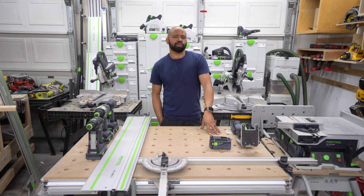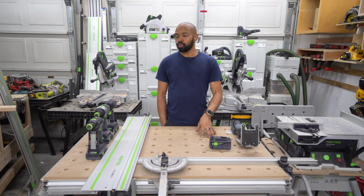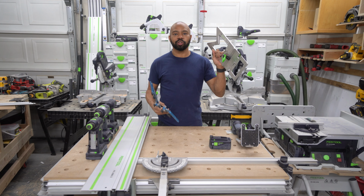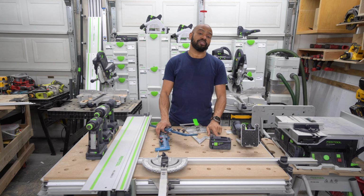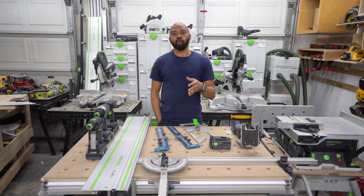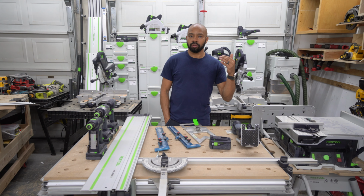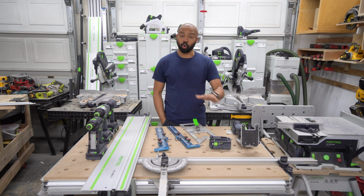Now, where I ran into trouble when it came to the DeWalt was basically when I decided, as I got more familiar with my track saw, I got more comfortable with it, I learned that there were lots of tools that can be used with your track saw. Parallel guides and guide rail squares actually take your track saw game to another level. And what I found out at that time was that DeWalt did not have any form of support in this way, whether it be first party with DeWalt or aftermarket when you're talking about TSO products or like